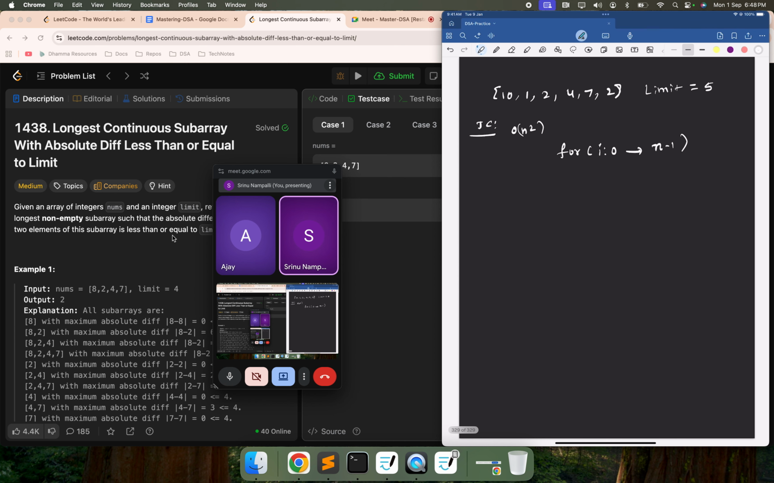Then you will have j starting from i plus 1 to n. Somehow you will move on. So here you will find min and max. You will figure out min and max here. Through this, once you have a min and max, you can find max